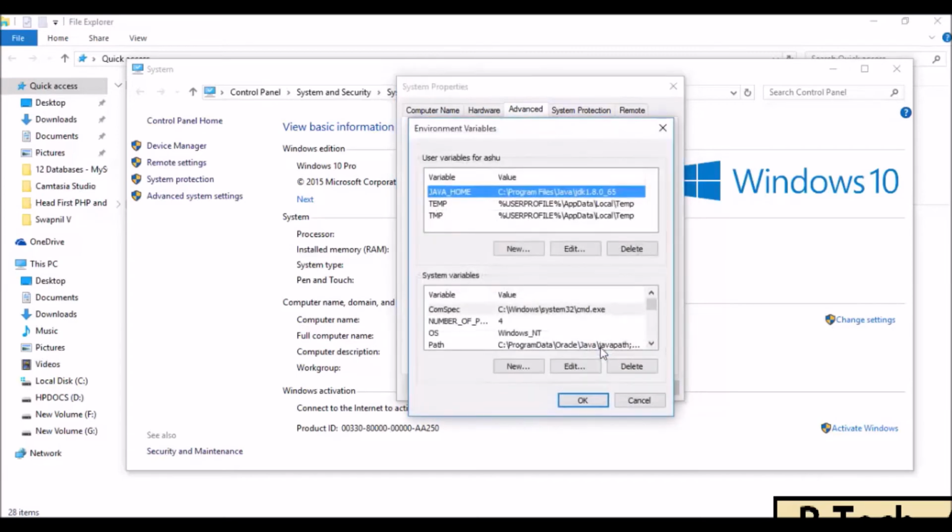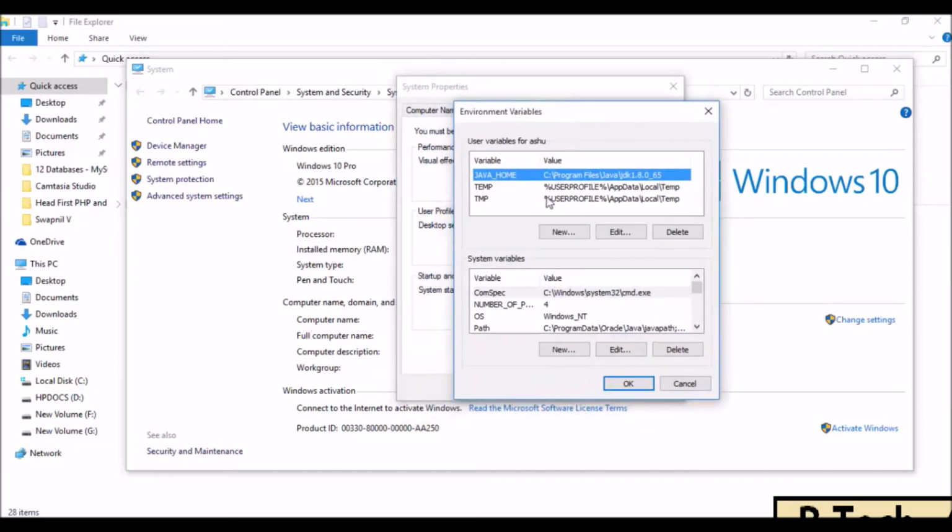When you click on environment variables, you could see that there are numerous variables created right over here. So we have two temp variables and a Java home variable. If you have installed Java JDK for the very first time, then there are chances that you don't have this Java home variable with you. So what you want to do is create a new Java home variable. In order to do that, the first thing which we need is the value of this, which is nothing but the path where your JDK resides. If you have installed the Java JDK at a certain location, we need to specify that location over here.